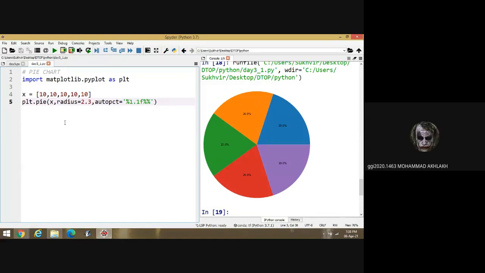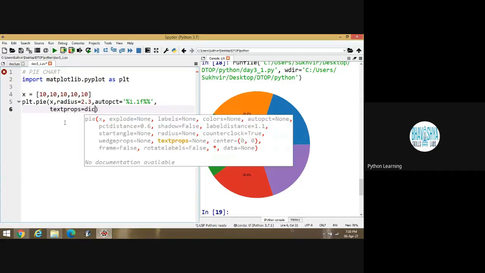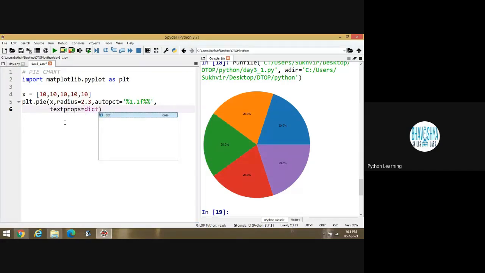Yes, sir. One more thing we can do. I think that was missing in yesterday's lecture. We can write textprops. This one is required. Is equal to, it lies inside a dictionary.